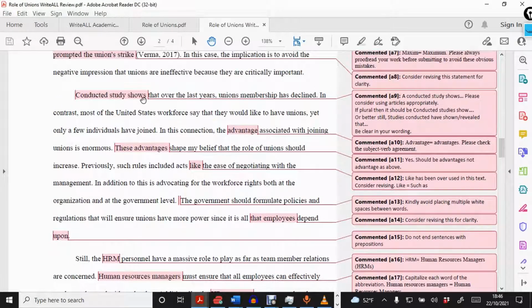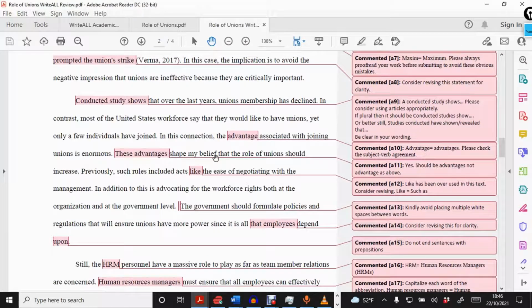So conducted study shows that, now you can see it's either a conducted study shows that or conducted studies show that. In this connection, the advantage, association, the advantages, because here he has said advantage, isn't it? And then there's this problem, by the way, the overuse of previously such rules included acts like the use of